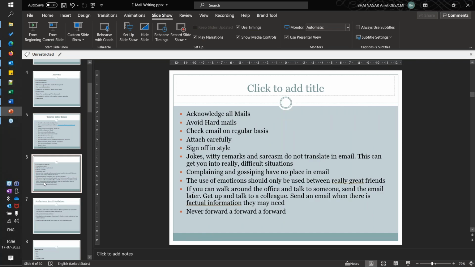This slide. Acknowledge all mails, avoid hard mails, check mail on a regular basis, attach carefully. Now this is very, very important: attach every attachment very carefully, right? It shouldn't be like you are mentioning some other file and you attach some other file. It can be a big disaster or debacle. So yes,